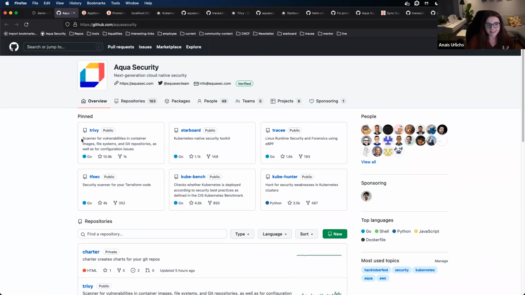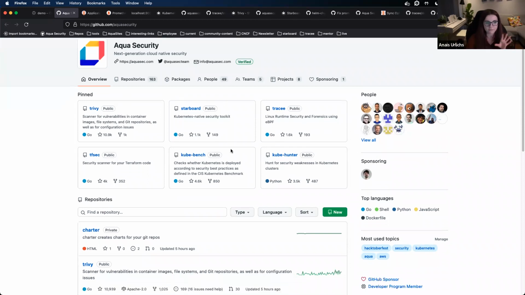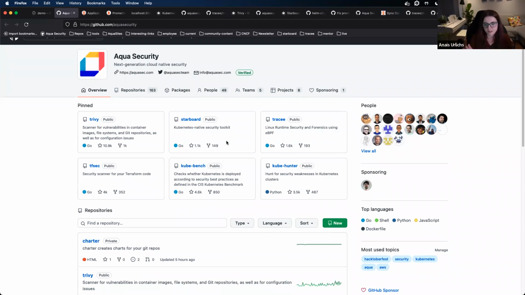When you get started with these projects, it might be confusing: when do you use which one, and why would you use either of them? They have different focuses, addressing different parts of your application security with each tool. So I prepared a little bit on each of those tools, and we're just going to go through them. That was my idea. So with Trivy,